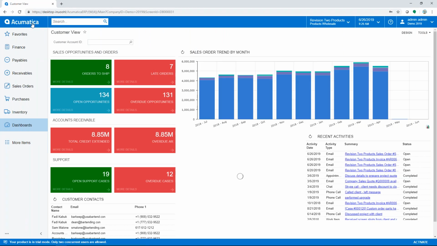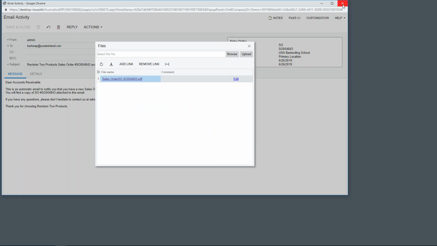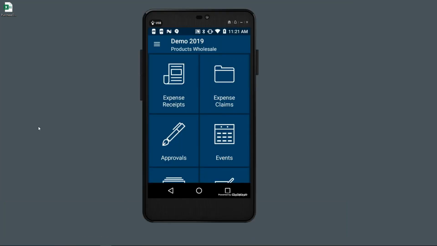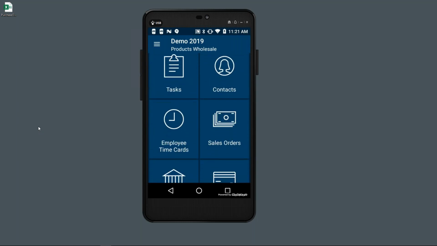Okay, so like I said, for this next example, I'm going to start the sales order in the mobile app. So maybe you have salespeople in the field taking orders. They can have a tablet or even a phone to enter the orders that will in real time be in Acumatica for processing. So I'm going to switch over here. Okay, so I've logged into the Acumatica mobile application, and if we scroll down, I see